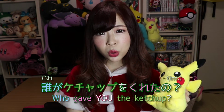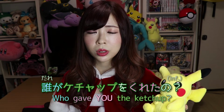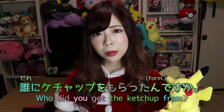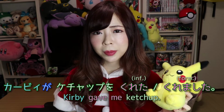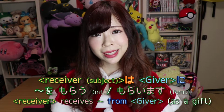If I'm talking to Pikachu, who gave you that ketchup? I would say 誰がケチャップをくれたの? So again, we would use the verb くれる. Or I can also say 誰にケチャップをもらいましたか? So I'm going to explain this verb もらう in a minute. Then that means who did you receive that ketchup from? And then to answer that question, Pikachu would say カービィがケチャップをくれた。カービィがケチャップをくれました。And now let's talk about もらう. So もらう literally means to receive,